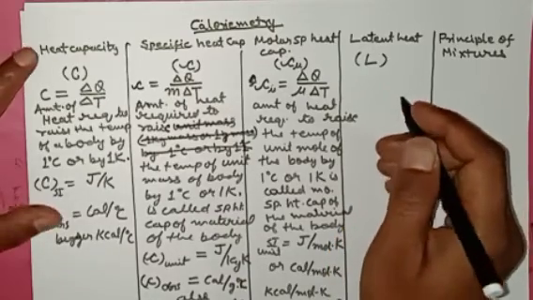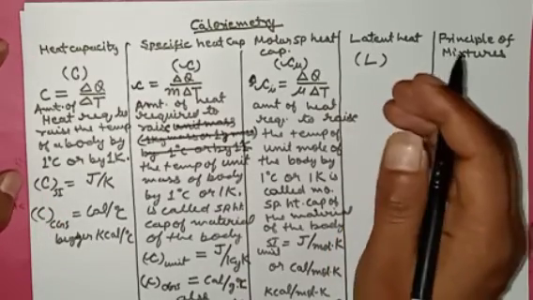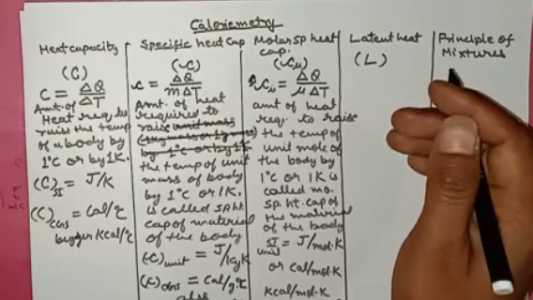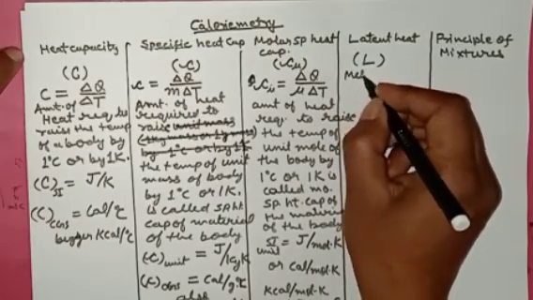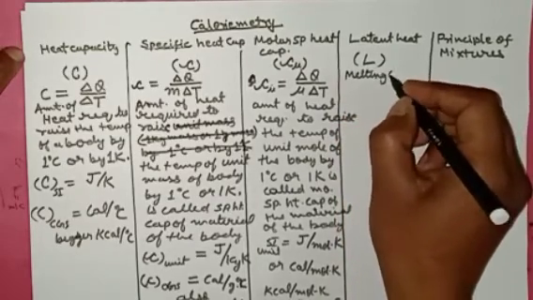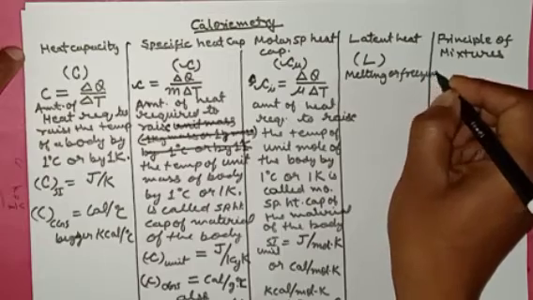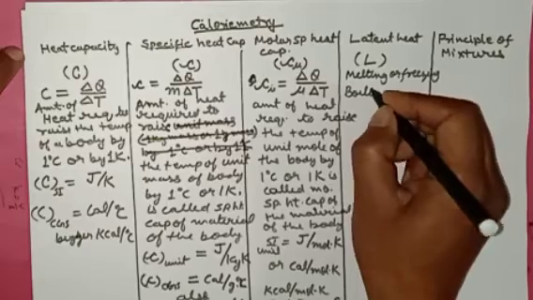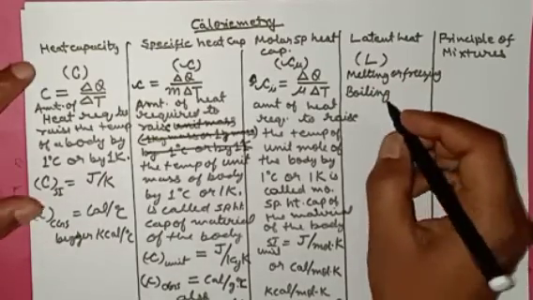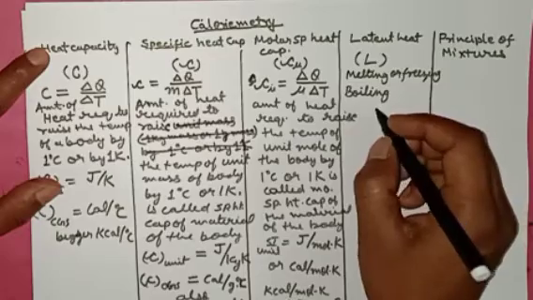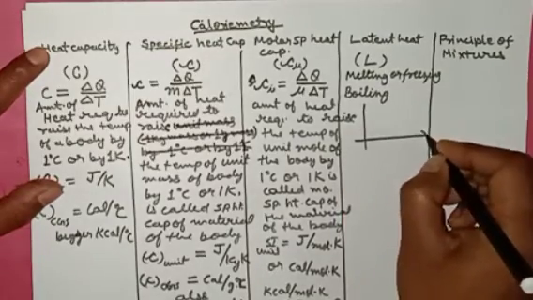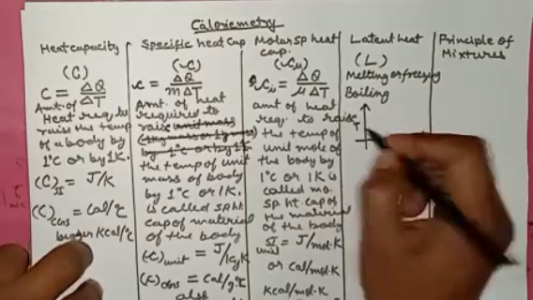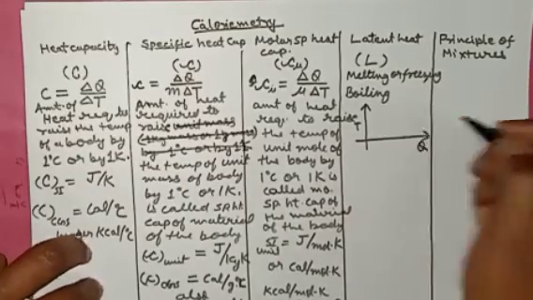Okay, so latent heat is actually related only to when change of state takes place, change of phase takes place, that is during melting or freezing, boiling. So actually if we draw a graph between heat given and temperature of a body, let us suppose water, then